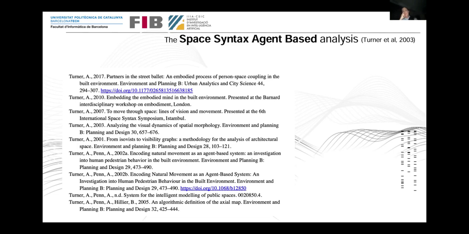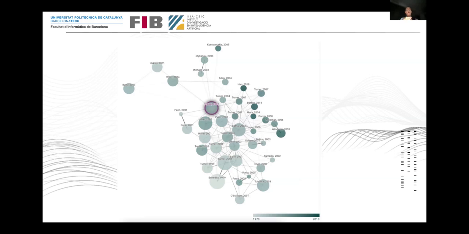At the very beginning of these conversations, I was already embedded in my first PhD, and I was working with neural networks. So I've been since then following not only Alasdair's work, but also every conversation and every debate that was happening since then around agent-based analysis for the DepthMap